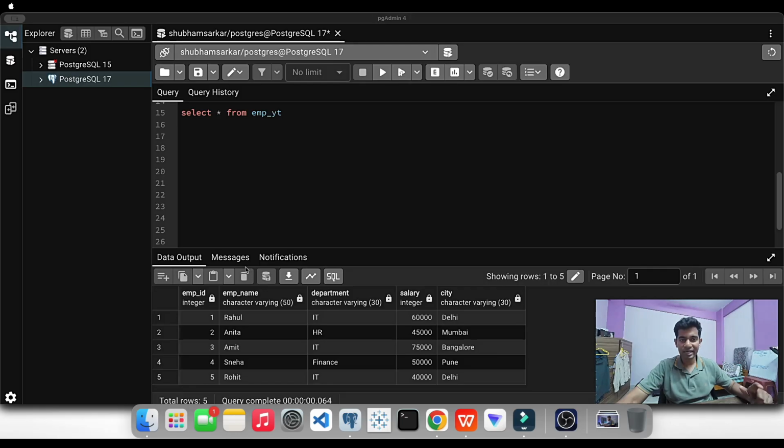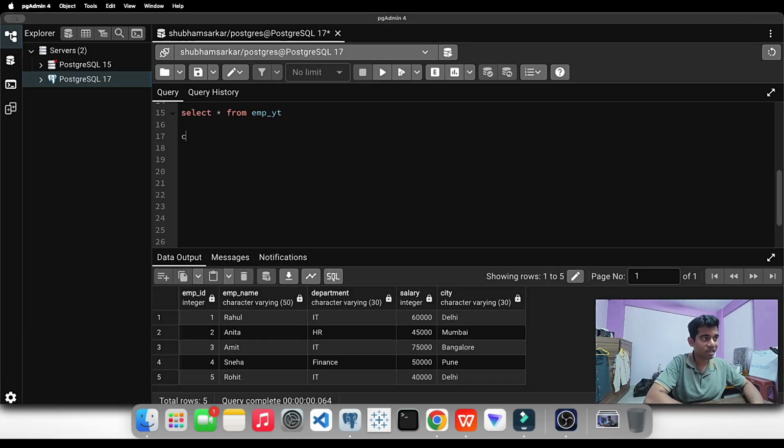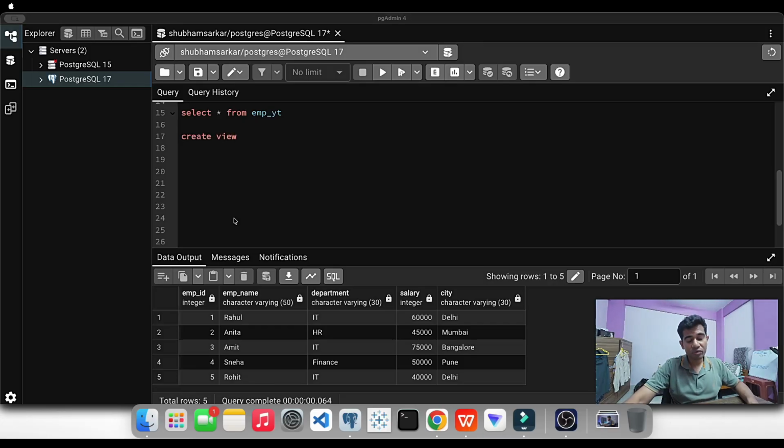Suppose we want to create a view for the people or the employees whose department is IT. Let's create it. So what is the syntax for it? Create view, and after writing this, you have to write the view name. I mean to say, you have to write IT employee alias, then you have to write select